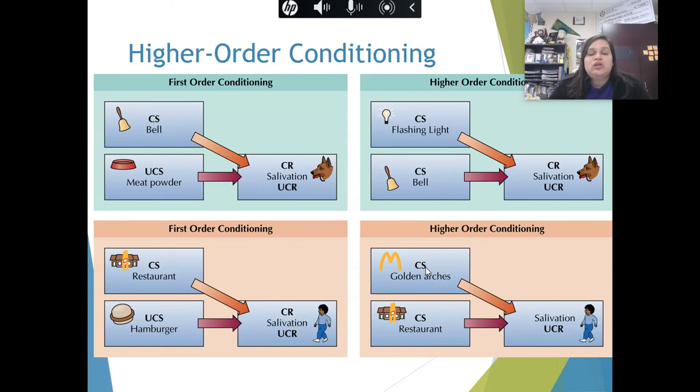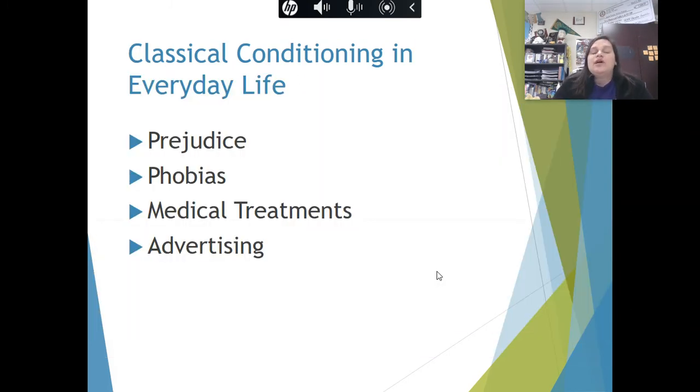Now, if you were to salivate anytime you saw the letter M, that could be generalization. If you only salivated to giant golden letter M's that are on signs, then that would be discrimination. Classical conditioning shows up quite a bit. We'll talk about here in the next example, prejudice. A lot of our phobias, if you've been bit by a dog, then you learn to associate it with pain. And if you're scared of all dogs, that's generalization. If you're only scared of a chihuahua because you got bit by a chihuahua once, that's discrimination.